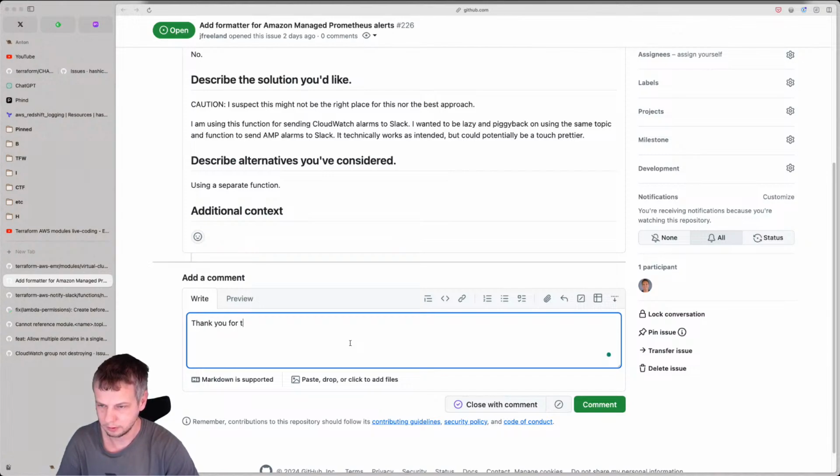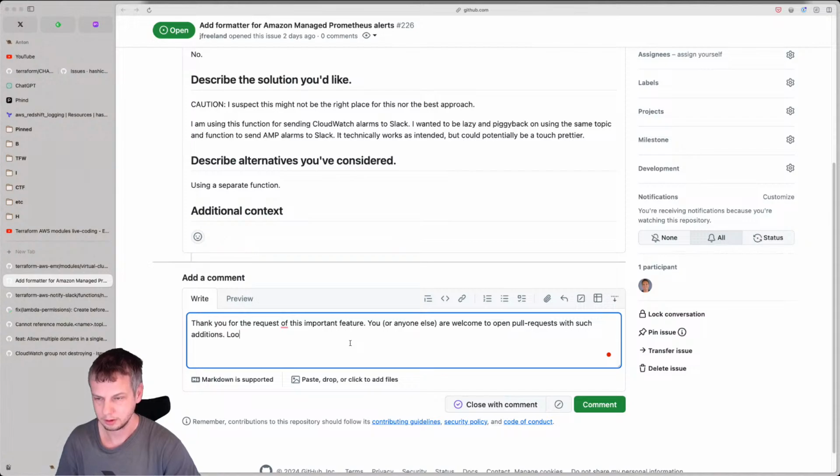Thank you. The request for this feature, you are welcome to open pull requests with such a condition: look into existing examples.